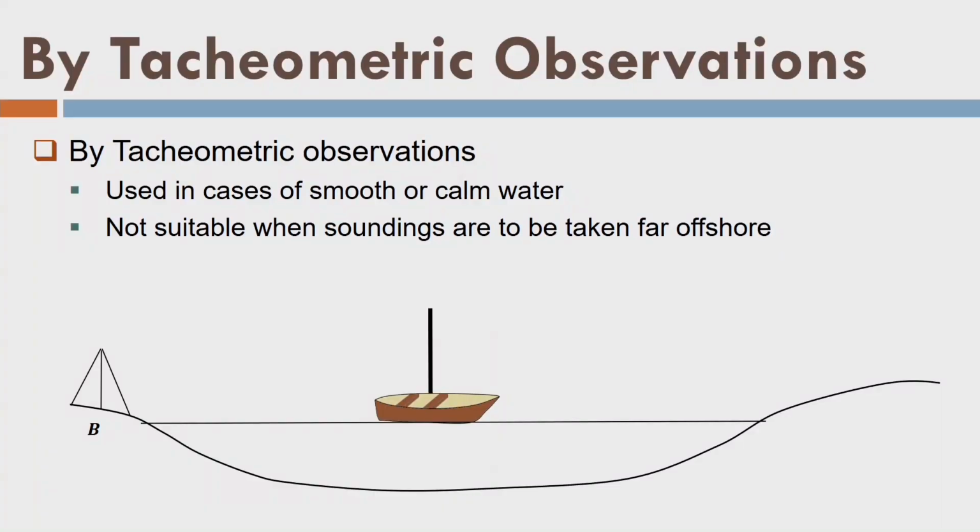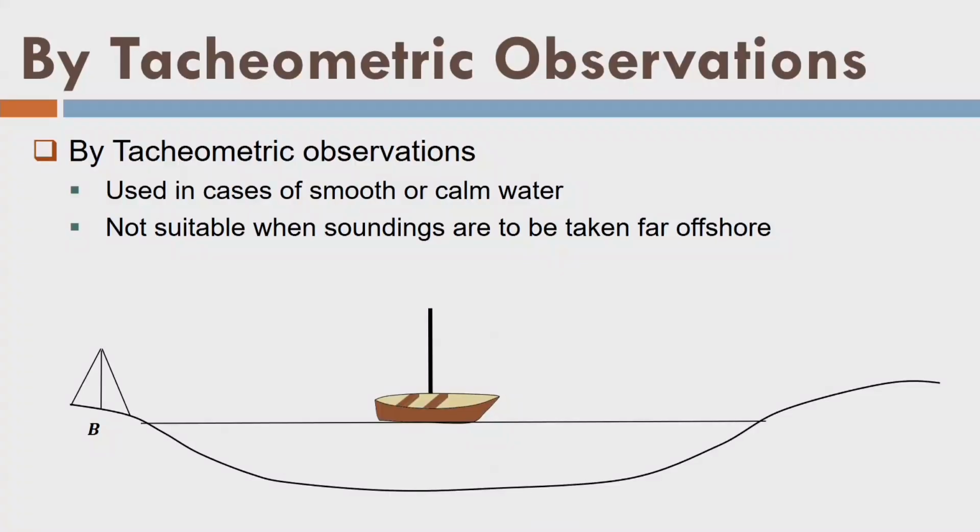Let us look into the tachyometric observations and how we use them to find out the position. And remember one thing, when we observe the position xy on a water surface, we will always observe the depth. So, sometimes even if we say let us take some observation, it means that we are taking the sounding also. So, let us look into the tachyometric observations. You might have used a tachyometer for basic surveying. Distance d is given by ks plus c, where s is the staff intercept. We are going to use the same logic here.